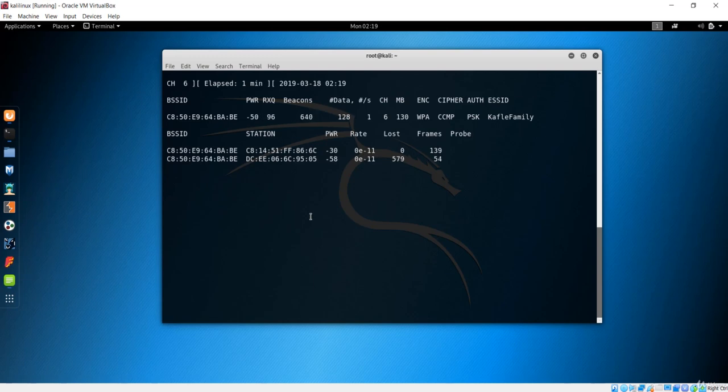But we have the next process: we'll de-auth that client from that network. We'll completely disconnect the client from that network, and after some seconds maybe they will try to reconnect, and we'll get that handshake. We'll see that now.